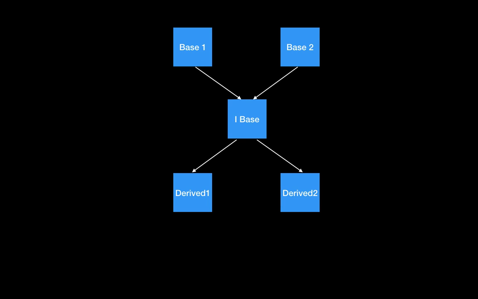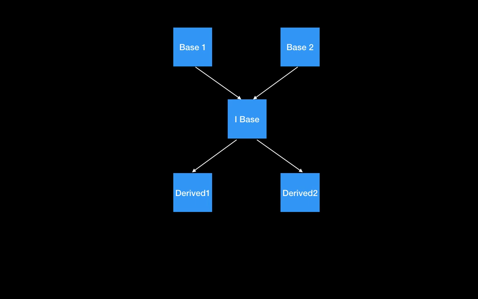Hello everyone, we are going to talk about hybrid inheritance. As you know, in hybrid inheritance, we have a combination of more than one type of inheritance. If you look at the diagram here, we have base 1 and base 2 acting as the base classes for